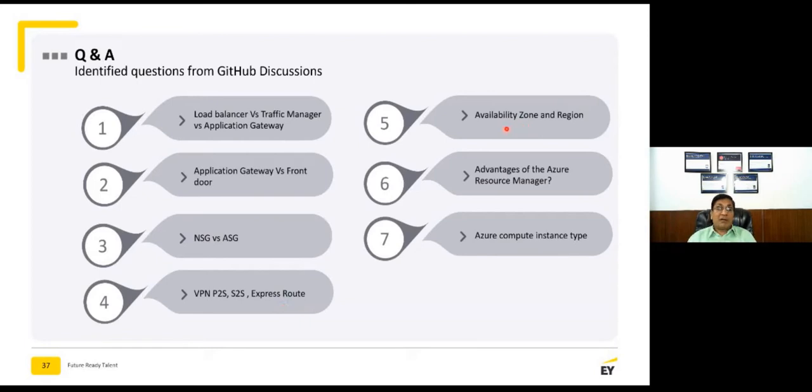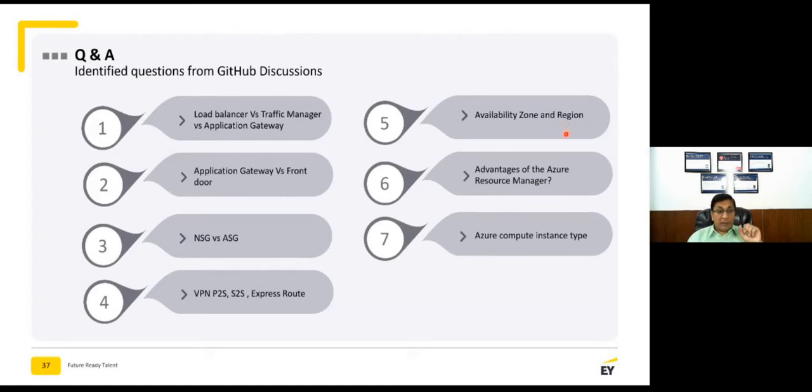Availability zones are multiple data centers which are spread across a few miles, while regions are data centers which are spread across multiple geographies. So when I want to go from one region to another, if my primary region is India or say Asia, I can have a secondary region in Europe, Australia, Africa, whichever is closest to me or